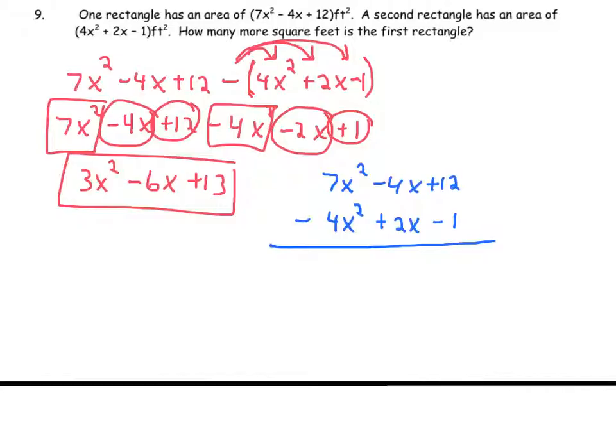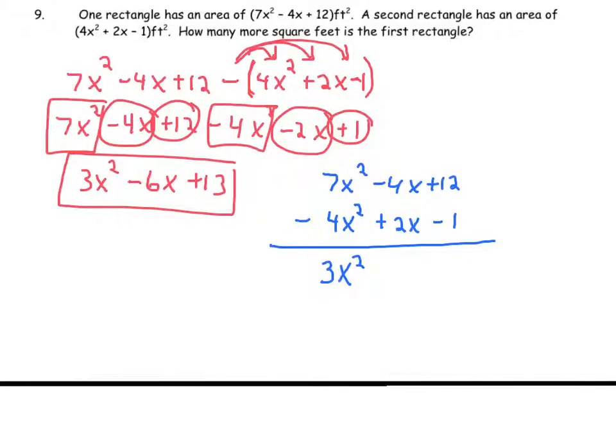So the stacking way, you can stack them up as long as you remember the variables are all lined up. You have the x squareds lined up, the x's lined up, your constant. So it has to be the same variables lined up. And then you're just going to subtract the coefficients. You just have to be careful. So I'll show you. 7 minus 4 will give me 3x squared. That's pretty simple. Then you have a negative 4